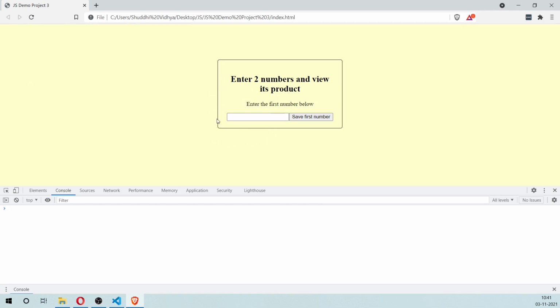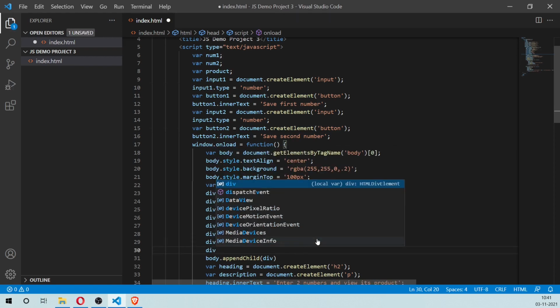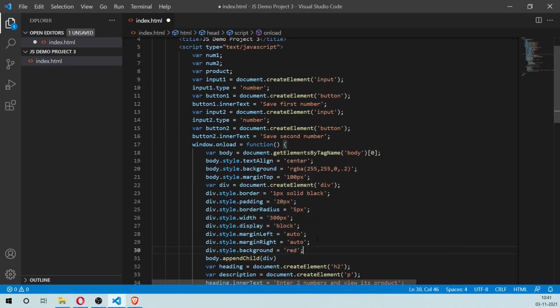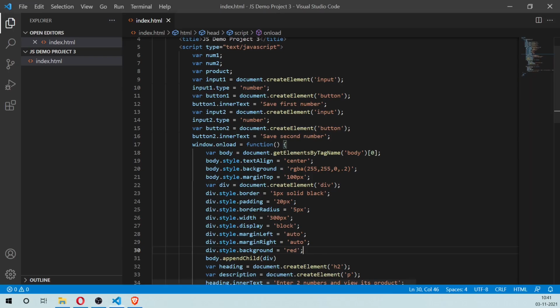We can also add a certain background to this div. Let's give the div a separate background. It's too bright, so let's give it the same thing with a different opacity, so that it will look like it's highlighted differently.